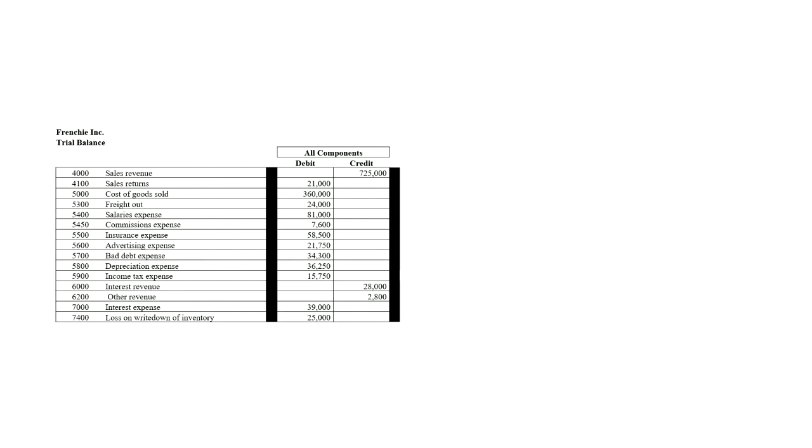The sales revenue is going to be the sum of the sales revenue for the three separate components, as we're going to see. We back out our returns. We have our cost of goods sold, freight out, salary, commission, and so on and so forth. So this is for all three components. Let's just see one at a time now.